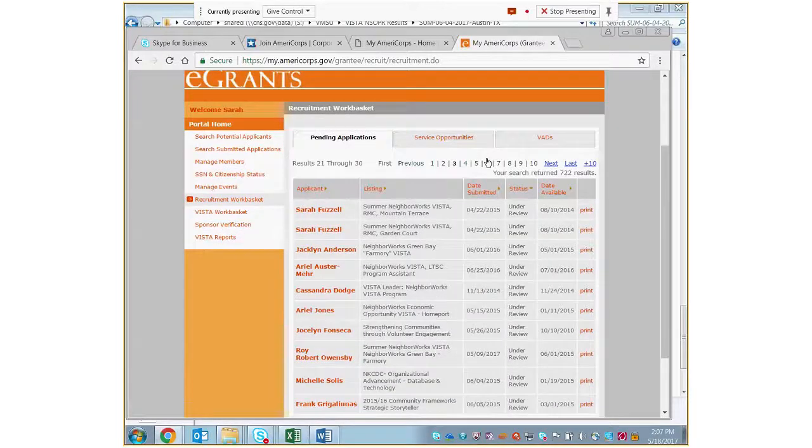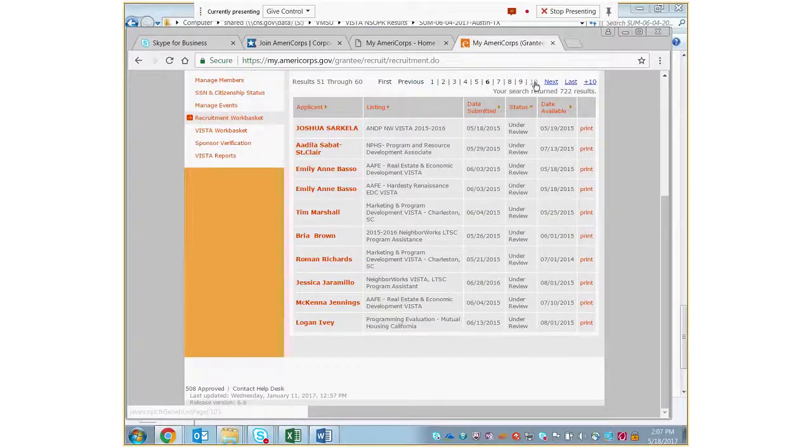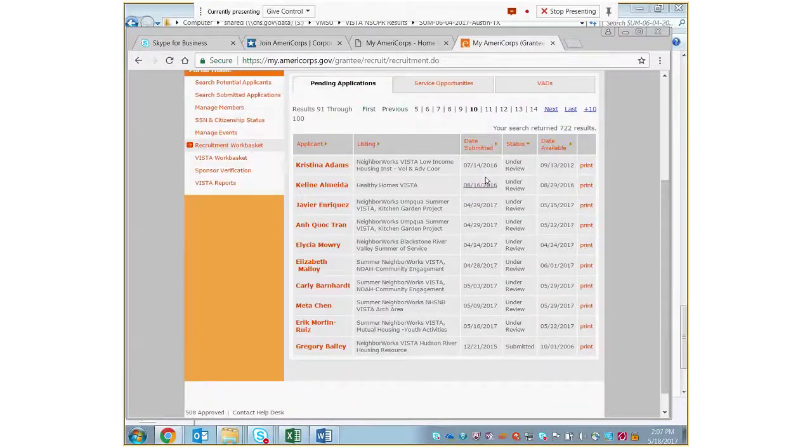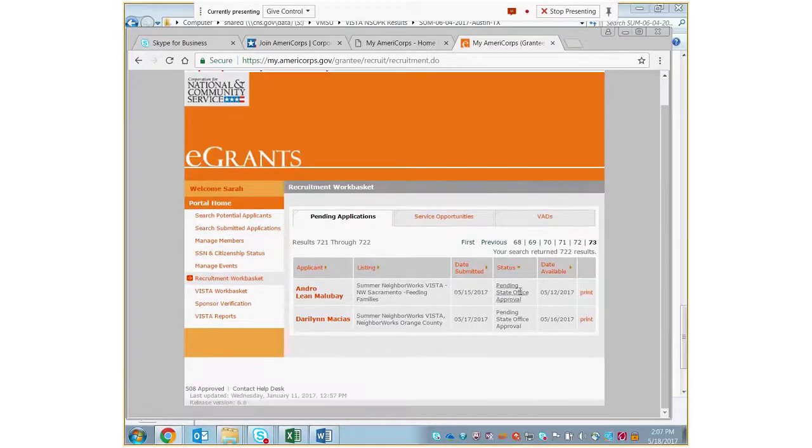And there are a lot of them, apparently. We're looking for, right now, more applications that have been submitted. What we're going to look for here are applications that are in the pending state office approval status. Your applicant must be in the pending state office approval stage by your paperwork deadline for your applicant's paperwork to go to NeighborWorks America.